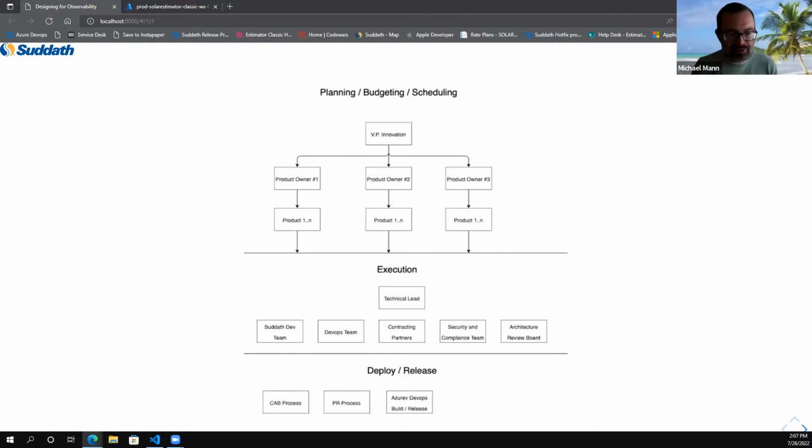Now with Suddeth, it's an interesting model. We have both internal staff and we also work with contracting partners like Feature 23 to execute on these different applications and the visions that our product owners have. My responsibility is to work with both internal people and external partners to build software, and then throw myself in the mix as I possibly can, right? And then we have a DevOps team as well, and we partner with our DevOps team to get the